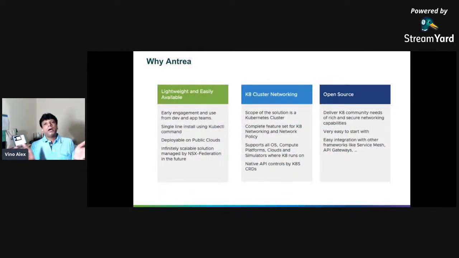This slide is trying to say why Antrea: it should be lightweight and easily available, it should manage Kubernetes networking, and it is open source, very easy to start with. That is one of the key value propositions of Project Antrea.